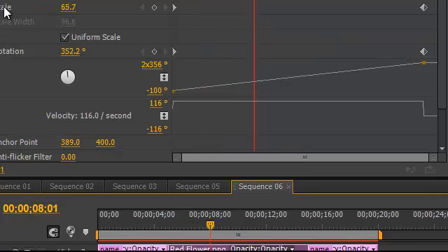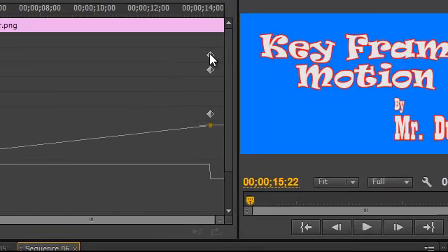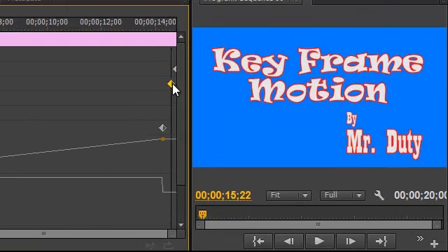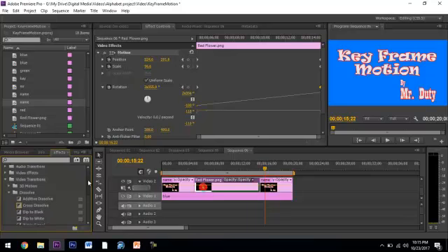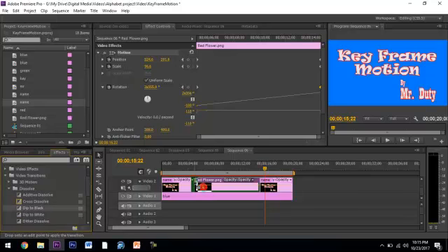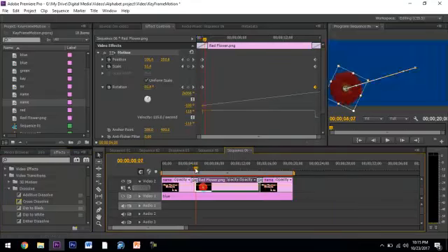Now you can see my position, my scale, and my rotation are changing as it runs through the timeline. And that's it. I'm going to move these keyframes to the very end so it rotates the whole time. Line those up. Now at this point you could export to turn it in. If you wanted to put video transitions in between the red flower and your title, that's up to you. Now it'll dip to black